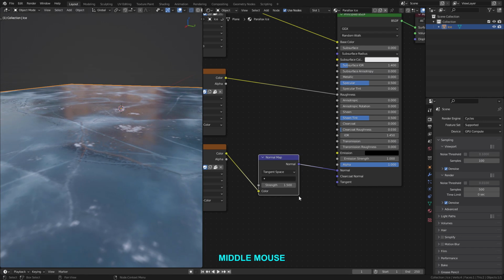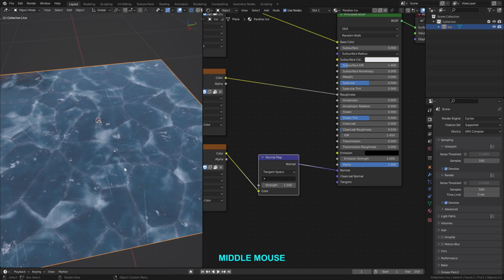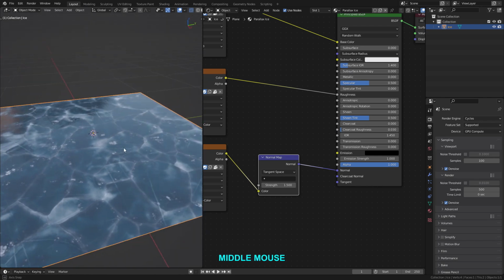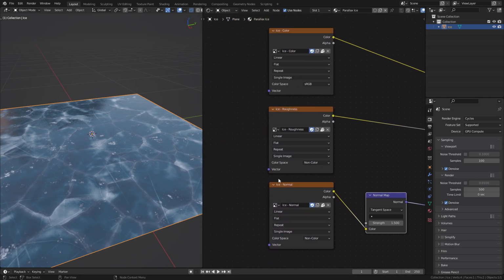And that should do for now. And this is looking pretty cool as is because the image texture nodes are good to begin with. But once we add that parallax effect, this is going to look really awesome. So our next step is to connect texture coordinates to each of our image texture nodes so we can scale